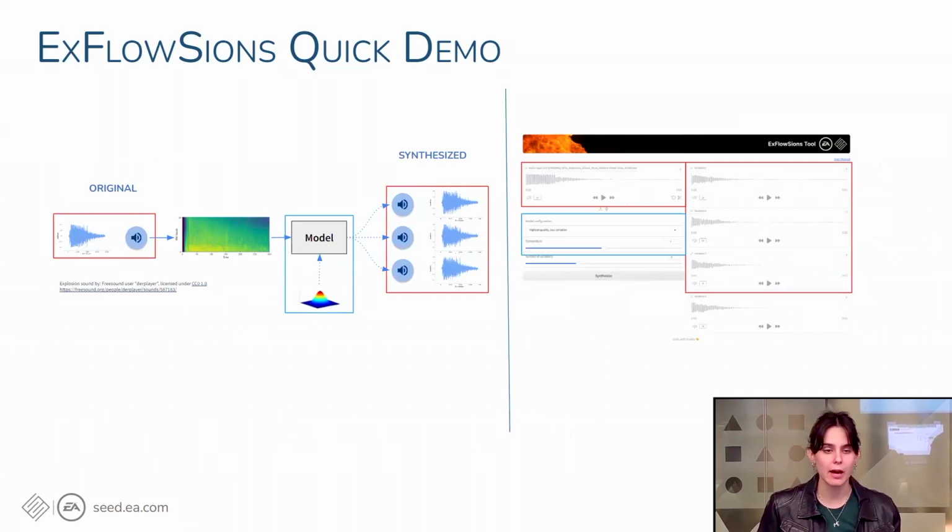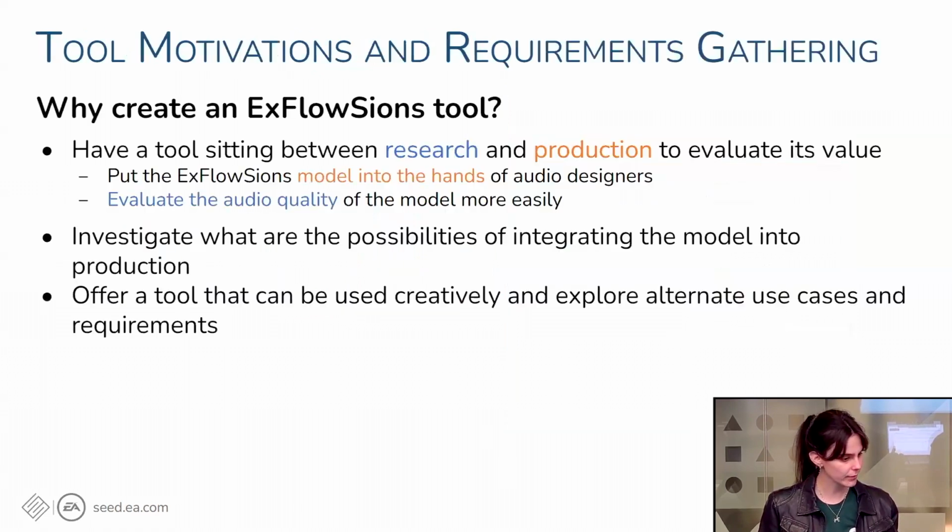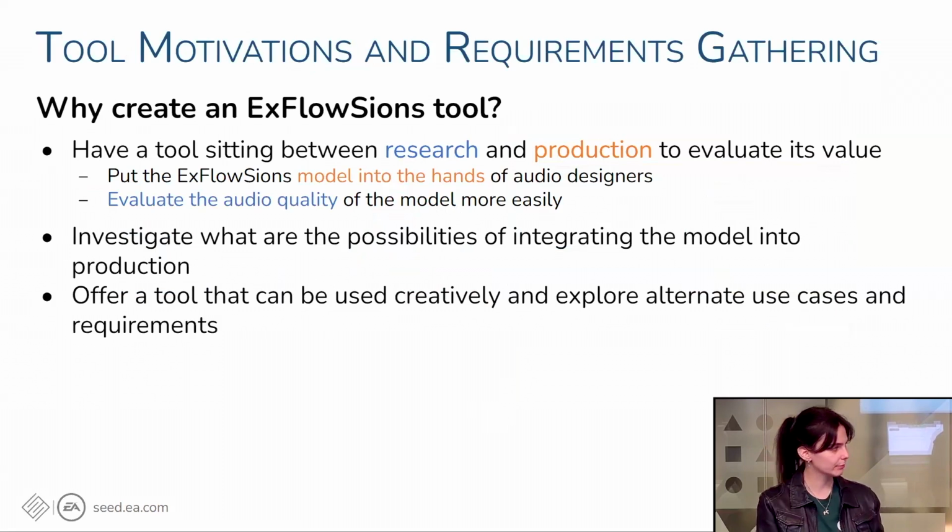In our tool, we have a drop-down menu where the users can choose between several pre-trained models that were trained with different parameters or under different iteration lengths. The users can also choose the temperature of the input. And now I will pass the mic back to Jorge to talk about the motivation for the tool.